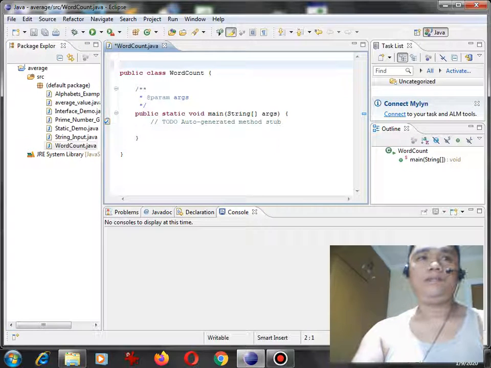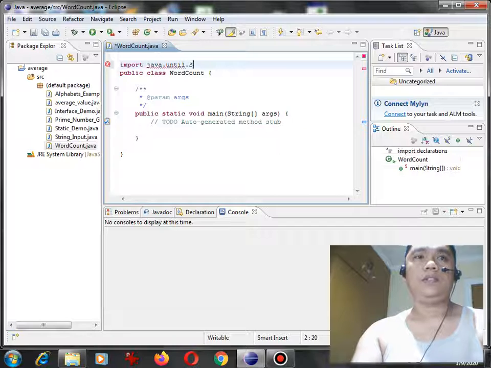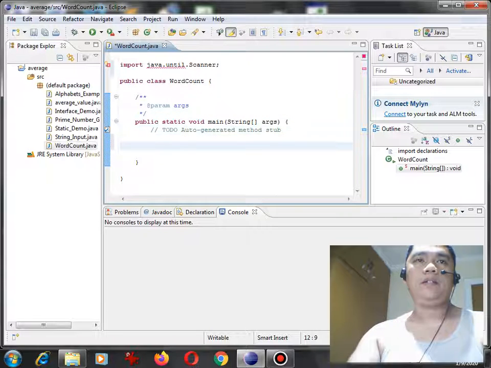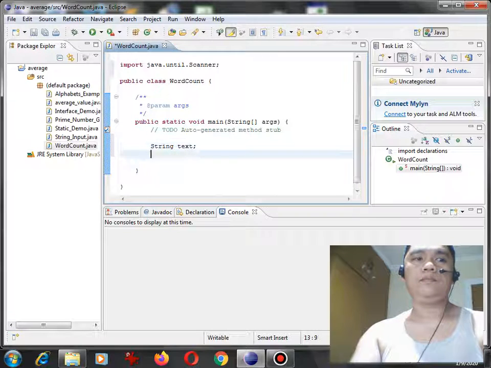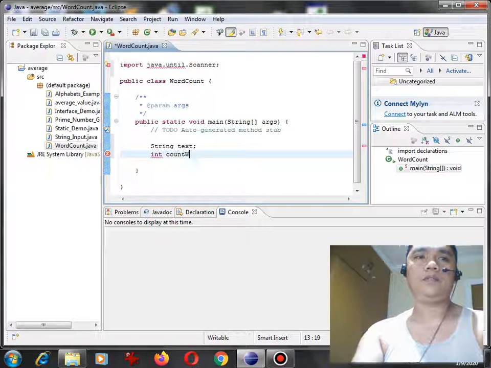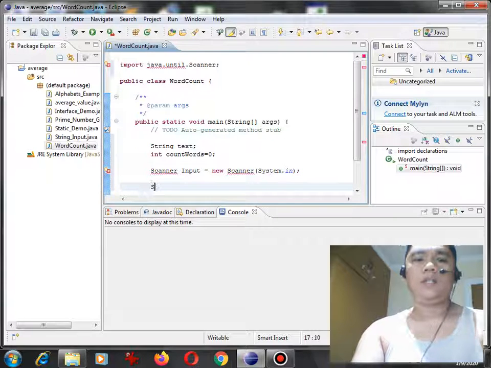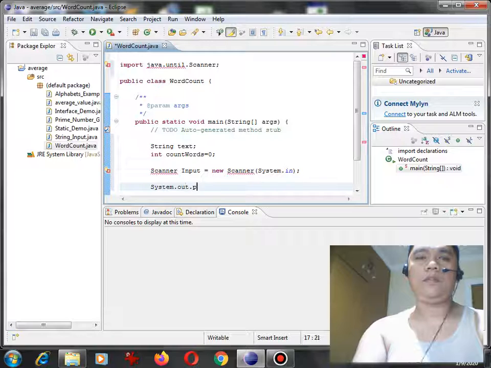Okay, so here you can write import java.util.Scanner, a library file for input output. Next here, String text; int count words; Scanner input equals new Scanner(System.in); semicolon. System.out.println,